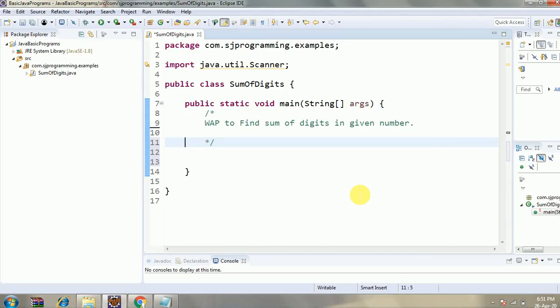Hi friends, in today's session we are going to see the program to find out the sum of digits in